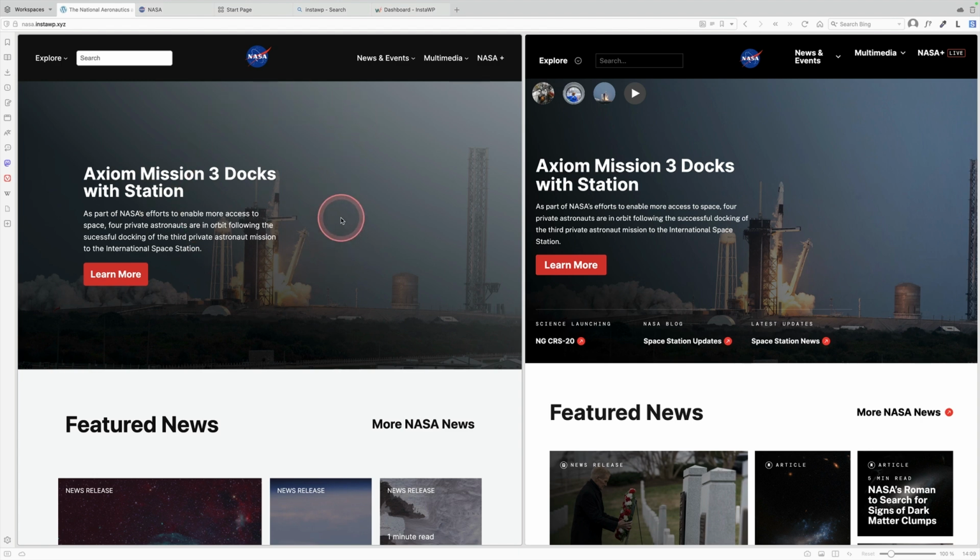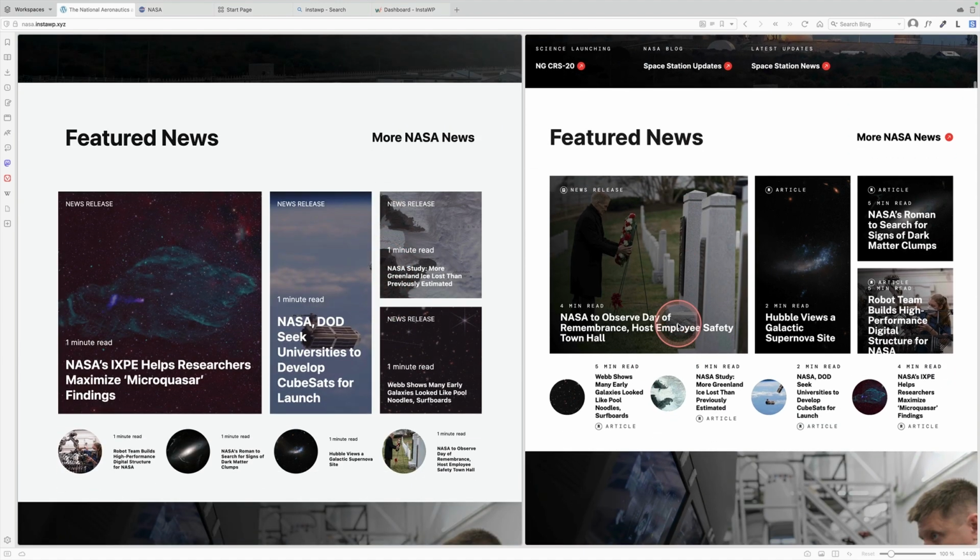So my site is on the left, just using WordPress, no CSS, no plugins, just core WordPress. Over on the right is the NASA website, and we'll start at the top. So this is the header section here, and I got pretty close. I didn't actually put a background behind the search box, but apart from that, it's pretty good. Then we have this hero section here, and theirs is a slider. Now I couldn't do a slider because I'm just using core blocks, but I actually think it looks pretty good. I don't really like sliders anyway, so I'm happy with that.